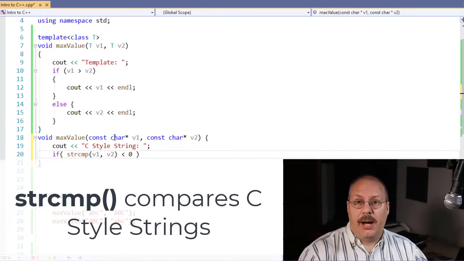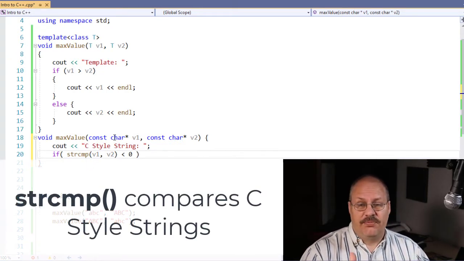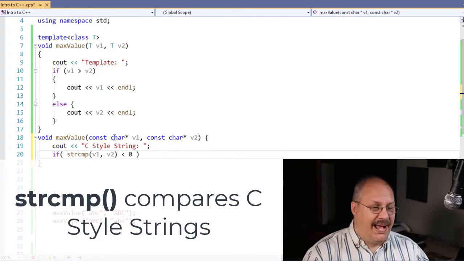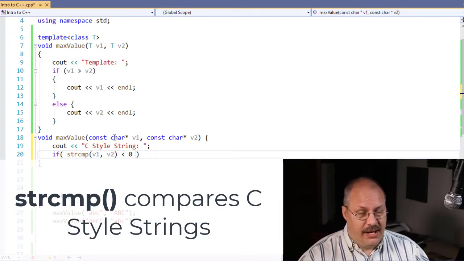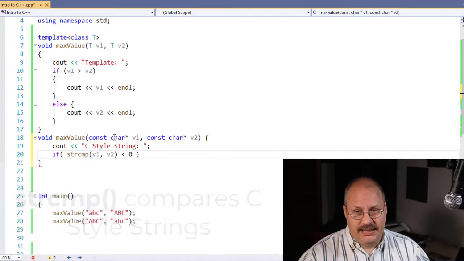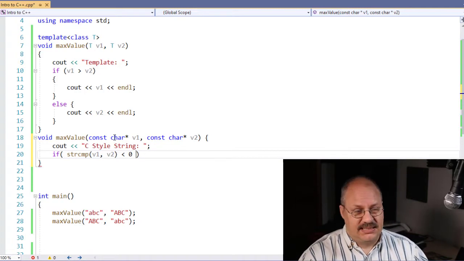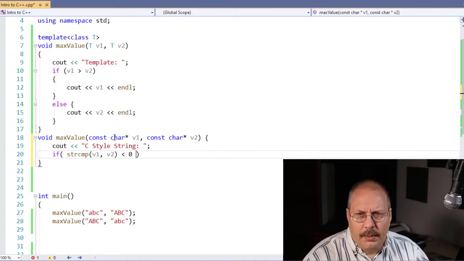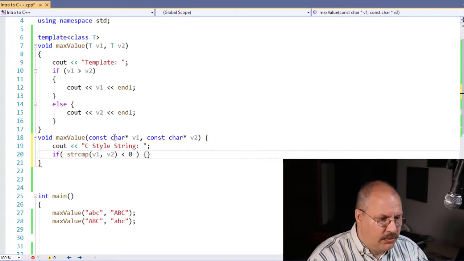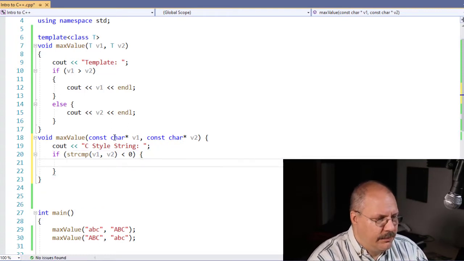So with string compare, you get a negative value if your first value that you pass in is the bigger one, positive value if the second value is the bigger one, and a 0 if it's the same. So what I'm just going to do is I'm going to use less than 0. Come over here, and I will cout out